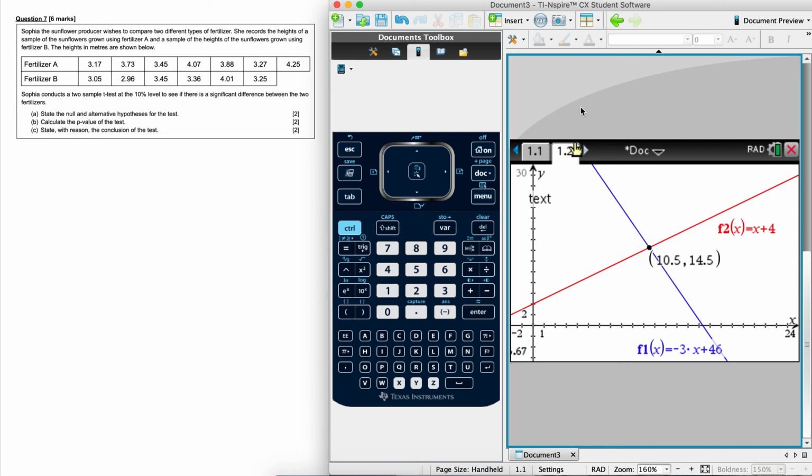So question 7 is a 2-sample t-test. So we have the sunflower producer who is comparing different types of fertilizer. So the first one is to state the alternative and the null hypothesis. So here we go. So the alternative and the null, we use the notation H0 and HA or H1, whichever